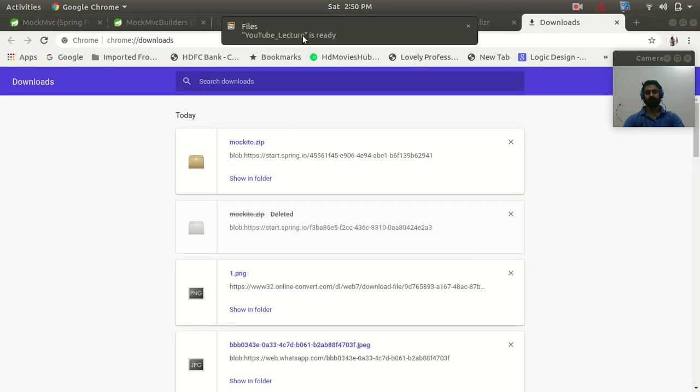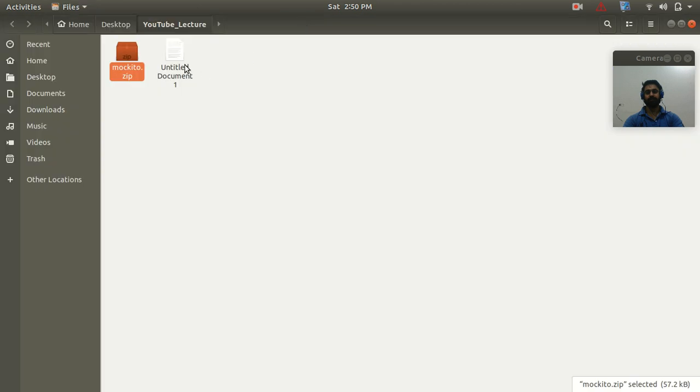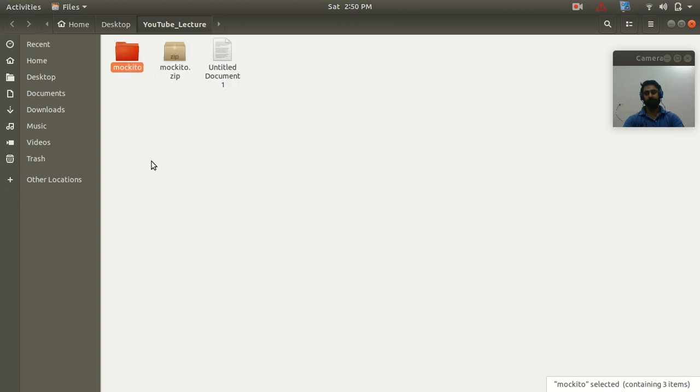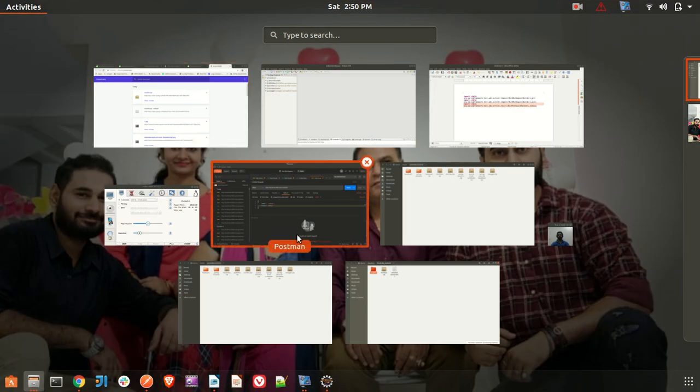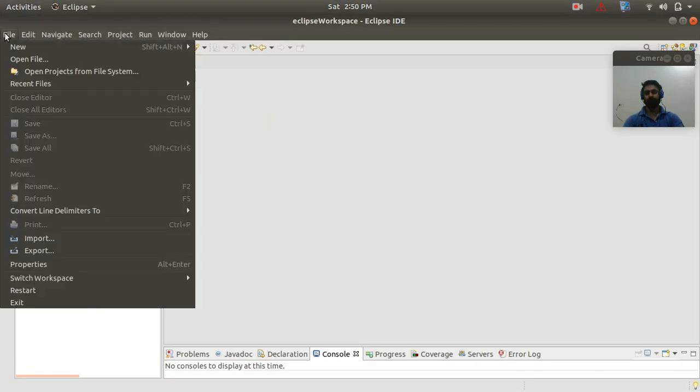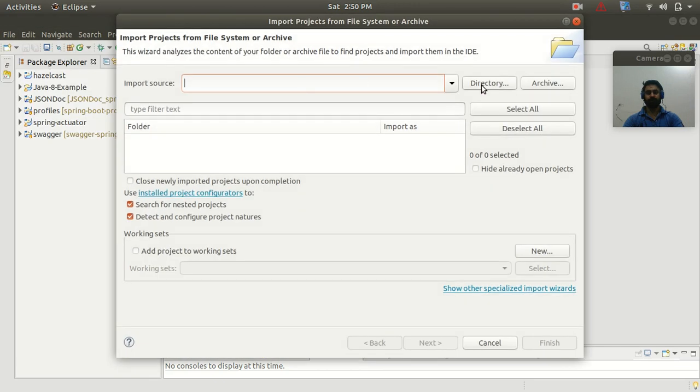So let's go to the folder, and here we need to extract it. So now let's go to Eclipse, and here we will import our application. So let's import.